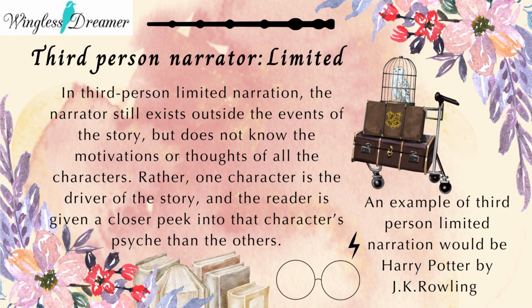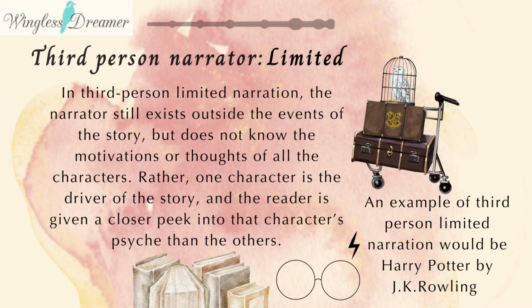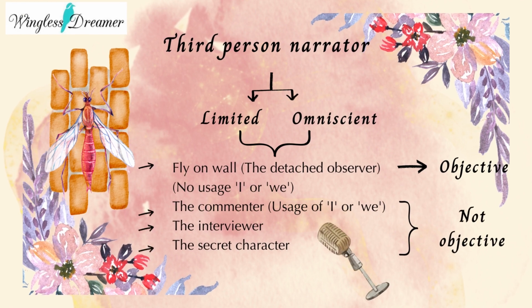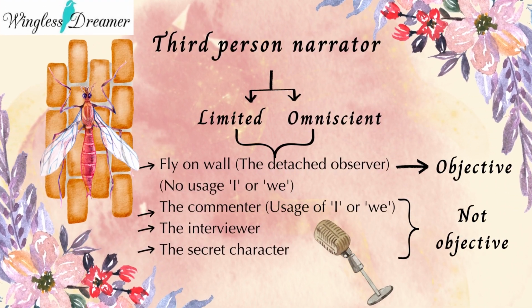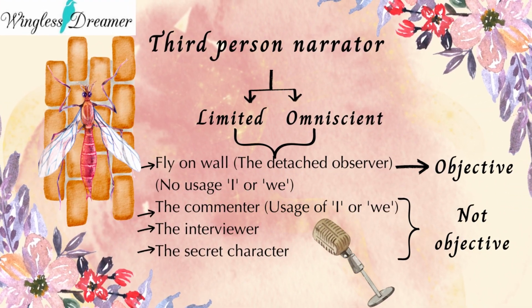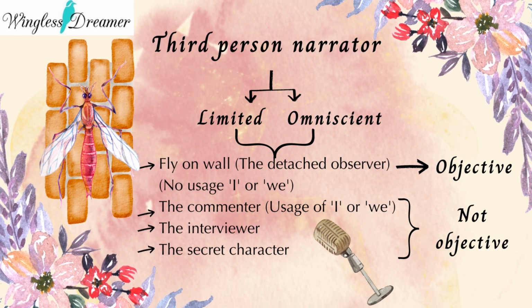Rather, one character is the driver of the story and the reader is given a closer peek into that character's psyche than the others. An example of third-person limited narration would be Harry Potter by J.K. Rowling. Third-person objective. In this, the narrator reports the events that take place without knowing the motivations or thoughts of